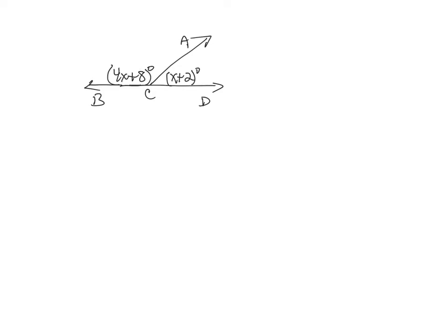So if it said one is 4x plus 8 degrees, the other is x plus 2 degrees, there's a few different ways you could attack this one. In the directions, it might say angle ACB and angle ACD are supplementary. You'd have to have some more information in certain cases, but this one you could argue that angle